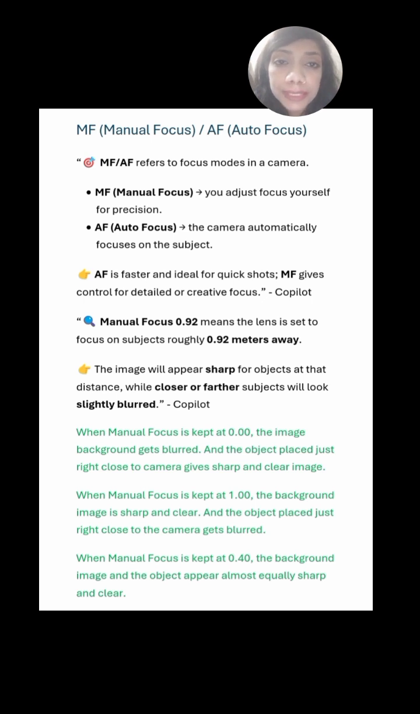And in that blur image, if you keep a certain object near to your camera lens, it's going to make that object very clear, but the background is going to get blur. But if you increase the number to 1.00 in manual focus, it's going to make the background very clear, but the object that you hold with your hand just behind the camera is going to blur. So that is the opposite